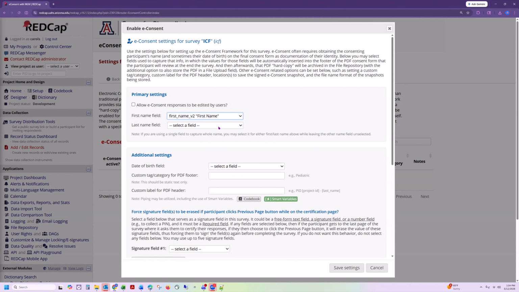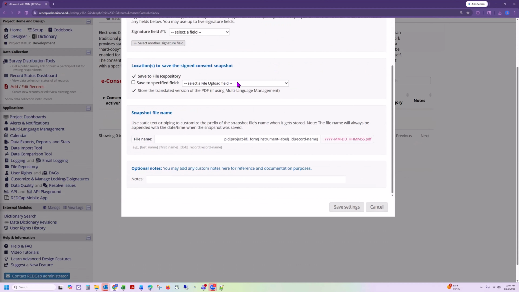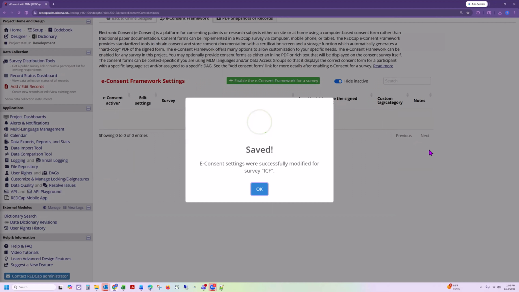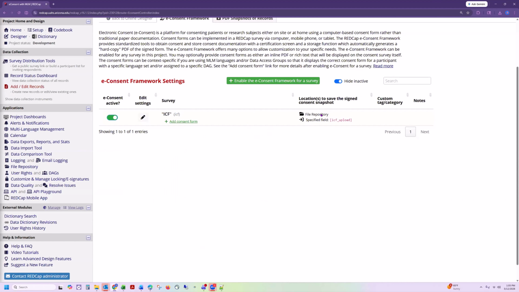We'll quickly set up the first name, last name. I'm really not going to make any other changes except that I do want to upload the completed ICF to a field on one of those forms. We'll save those settings. And now we have this one ICF line, and we can add our consent forms for